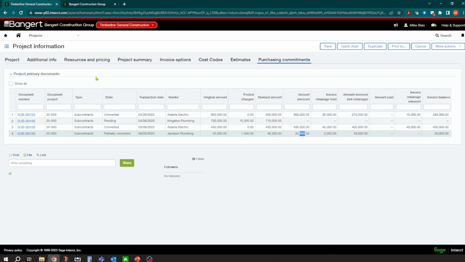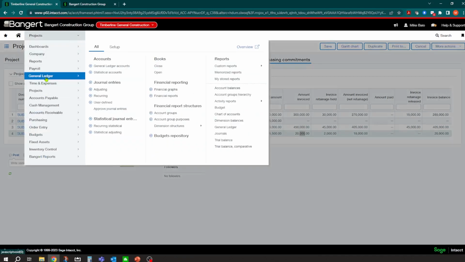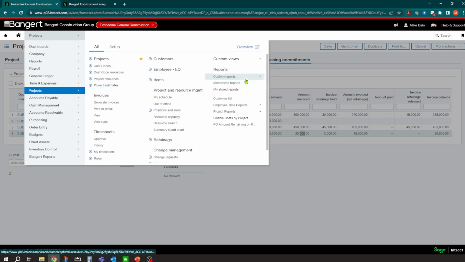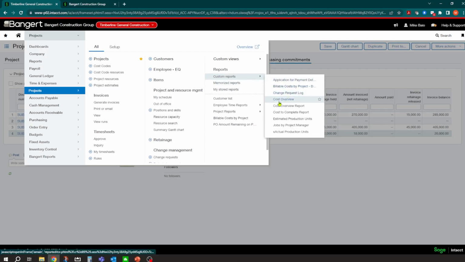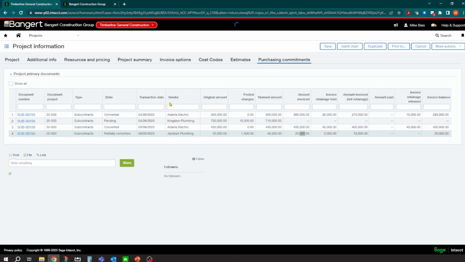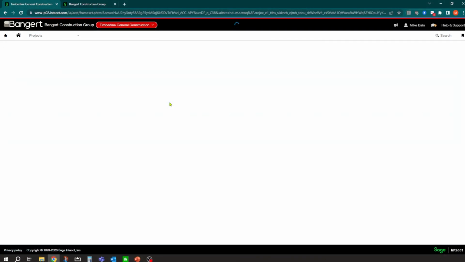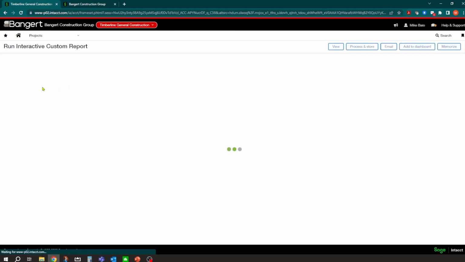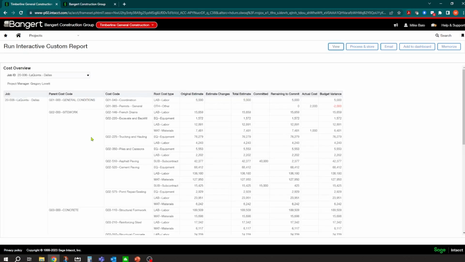And then basically, overall, we're trying to get to this aspect. You could run some other reports. If I want to run, for example, a job cost report called cost overview, if you want to see a commitment amount versus your budgeted amount by cost code, this is where you can do something like that. I click view here. It gives us the drop down. This report's set up to give you the job drop down inside the report, which is kind of cool. You can flip it around as you're going here.